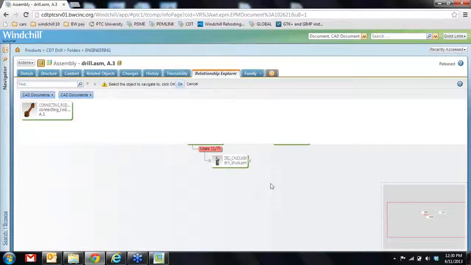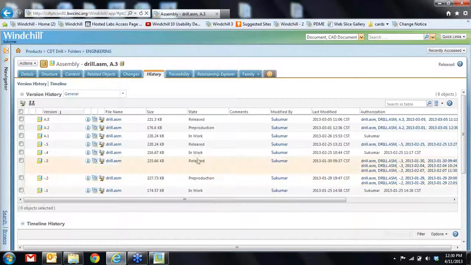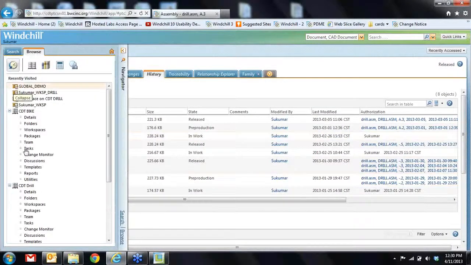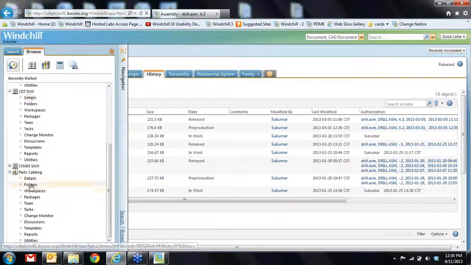Right? Uses, what is it referenced by, everything. Now another thing that we can also look at, if I go into the library, I want to point this out real quick, is that,